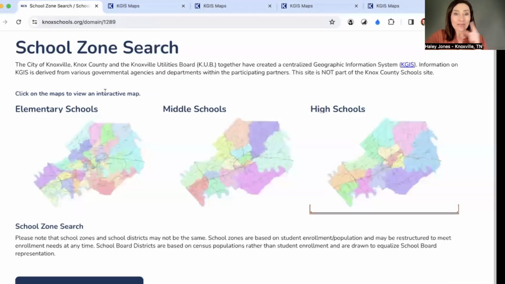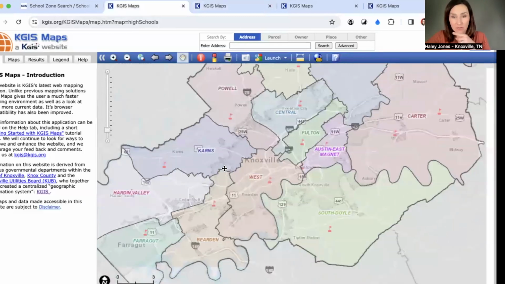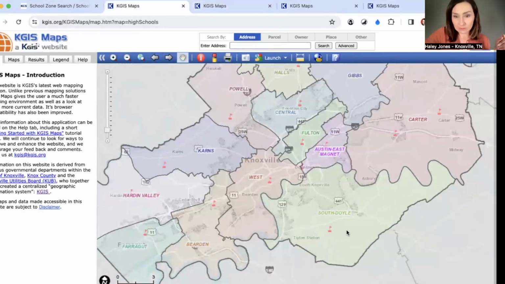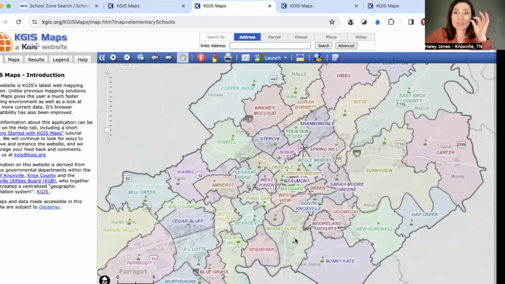If we look at how many high schools there are, there's only one high school at the time of this video in South Knoxville, and it's South Doyle. And it's way south, right? Then if you look at the elementary schools, you can see there are all these different pockets of South Knox areas. For example, my husband is a born and raised South Knox guy, and he would say South Knoxville is really